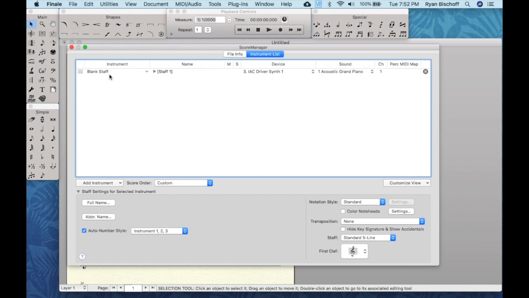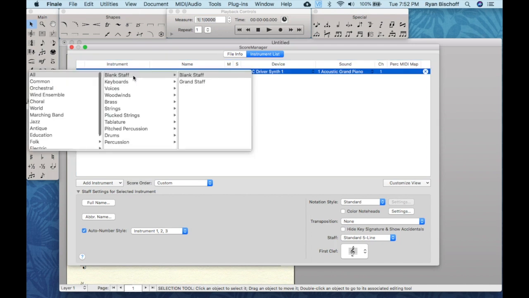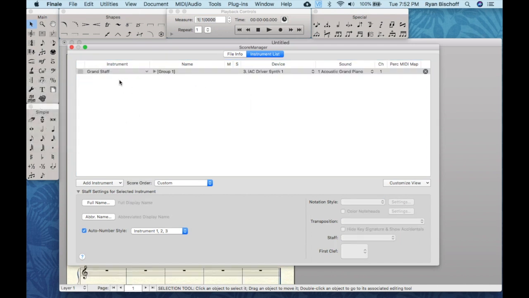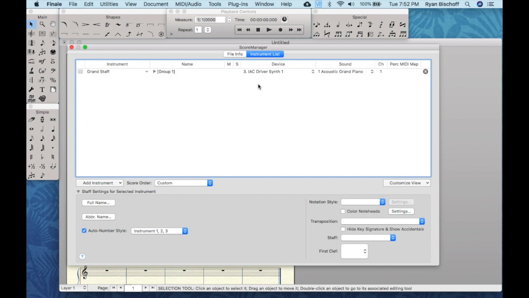But you can do everything normal with these. You can have your grand staff instead of just single staff, and it'll still be synth 1 and so on and so forth. You're good. So from there, next we're going to go over to Mainstage to talk,